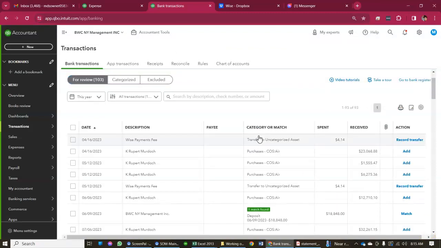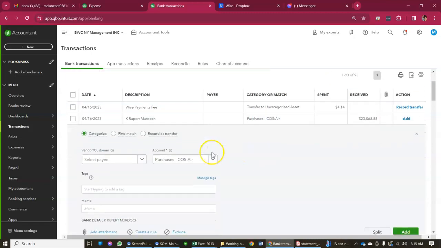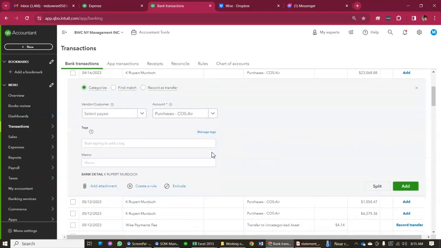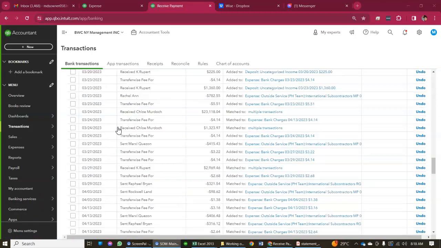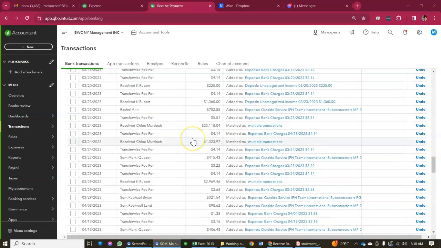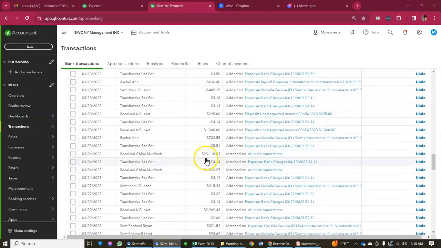Then again, this is a fee, so you do it. Then okay, so what is this? This is a payment for, I think this is a fee. Okay, let's try to find a similar transaction like that. Okay, if you try to refer to the other transactions with similar like that, for instance, this one,